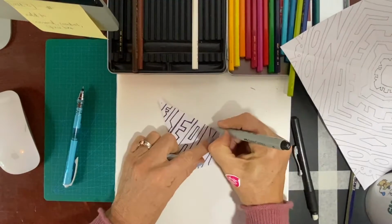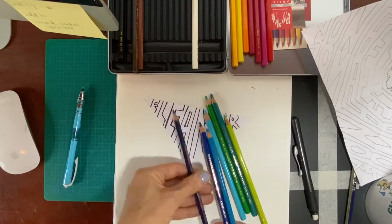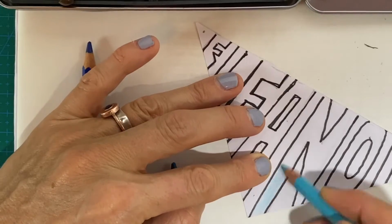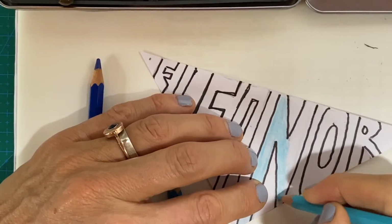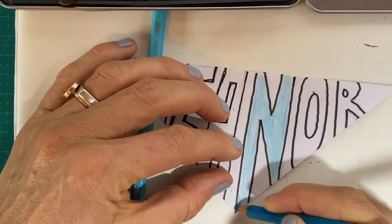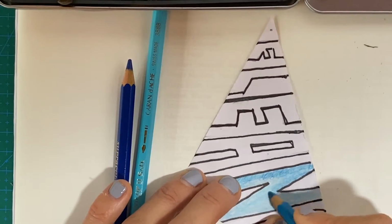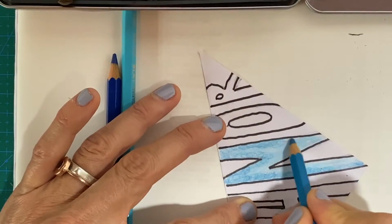So because I had my template handy, I thought I would just start trying out different colours on my template and also working on my technique of how I wanted to blend the colours. I decided that I didn't want each shape to be just one colour, but I wanted to blend a series of colours or two colours into each shape. So I just started to practice my blending technique as well as having a look to see which colours I